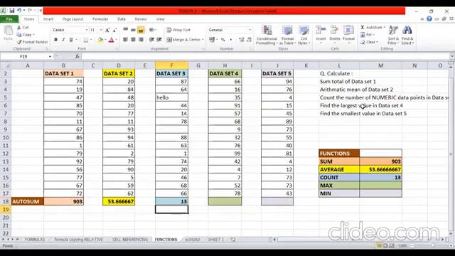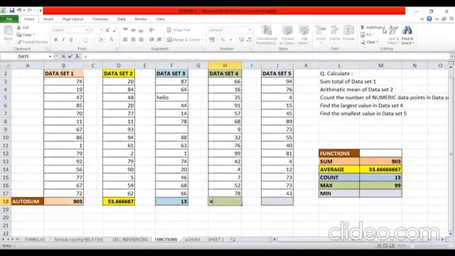Then the next thing that I want to do is find the largest number in my dataset 4. This can be done using the max function, equal to max. Again, select the entire range. Simply press enter. It shows me the largest value in the dataset, which is 99 in my case.